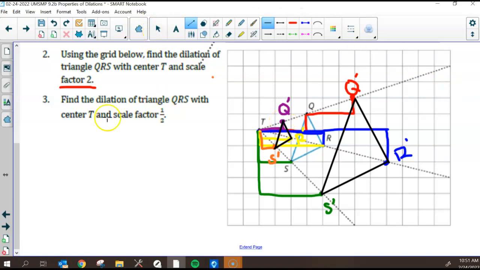All right, I have completed that dilation with scale factor of 1/2, so you can always check the screen. I'm going to pause the recording. Okay,